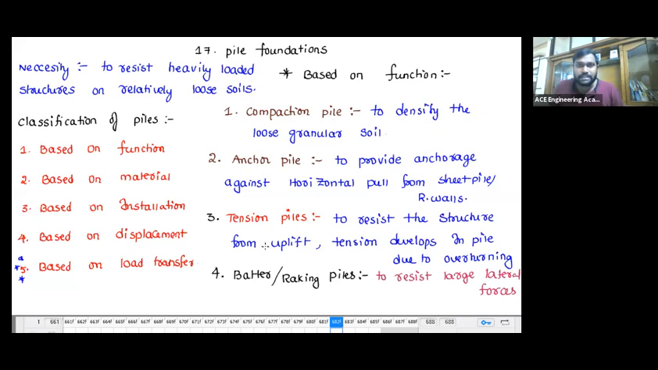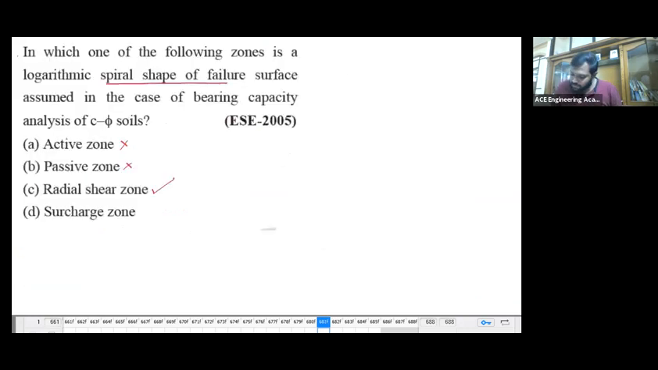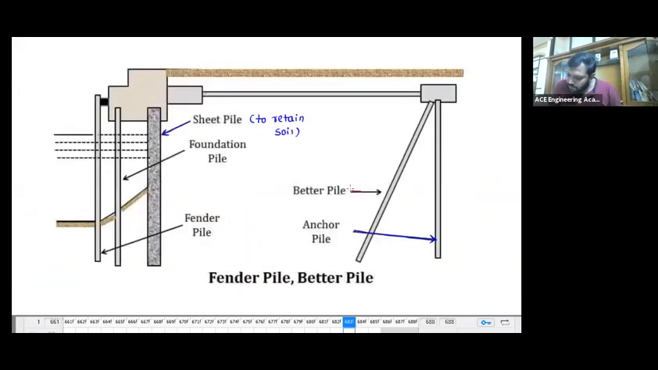See, these piles are nothing but inclined piles, my dear. You please observe here. This is a batter pile. The batter piles are inclined piles. These are nothing but the inclined piles to resist the structure from lateral forces. Okay. And the last one,